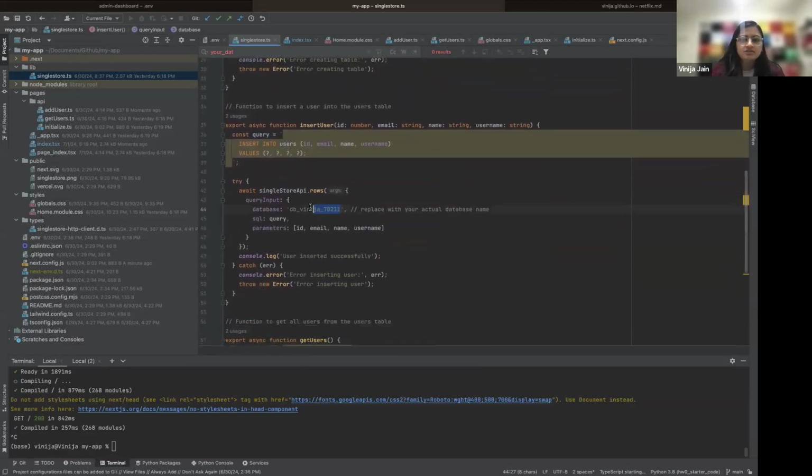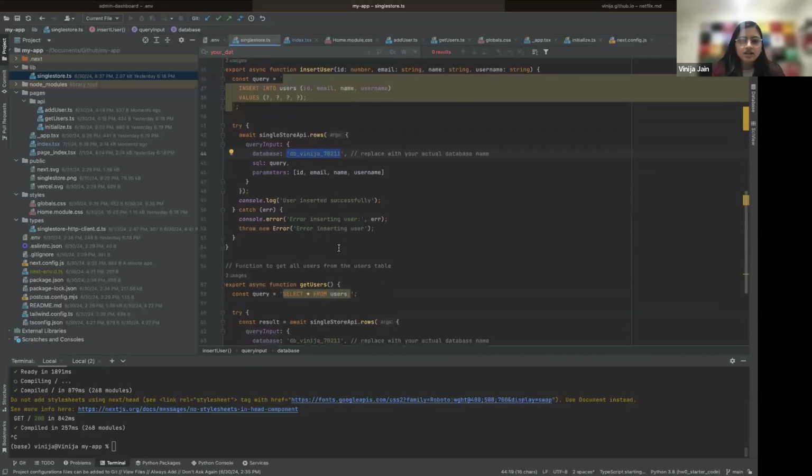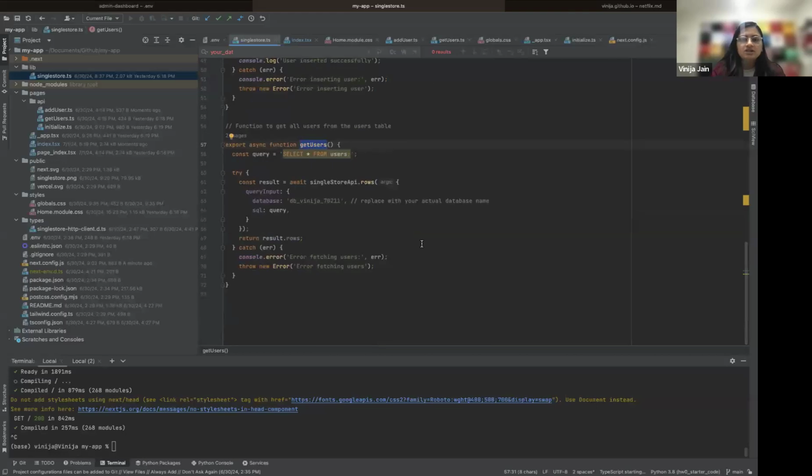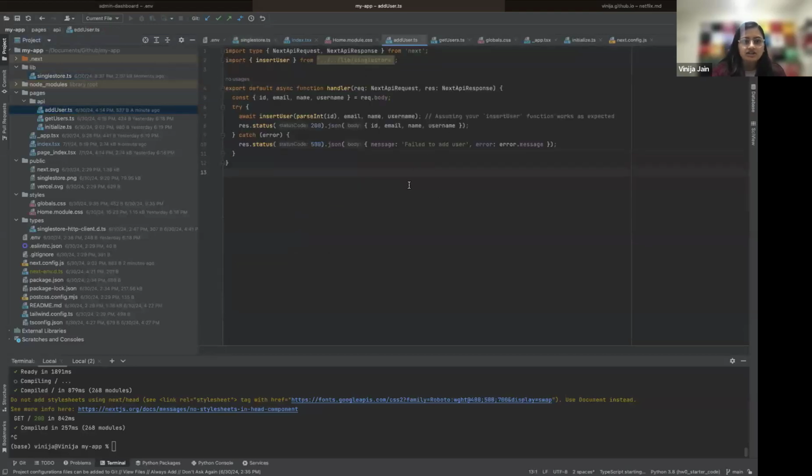This is the database name that we saw for my application done earlier. And we're also just retrieving users, depending on which function I really need. So I have all of that there. And then per all of these tasks, we also have the API call. So we have add user here. And when you actually build out your application for your URL, if you add /api/add-user, you can see